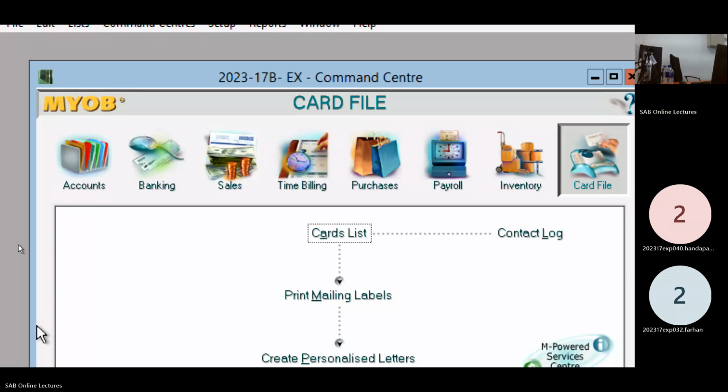Give your registration number as your company name.